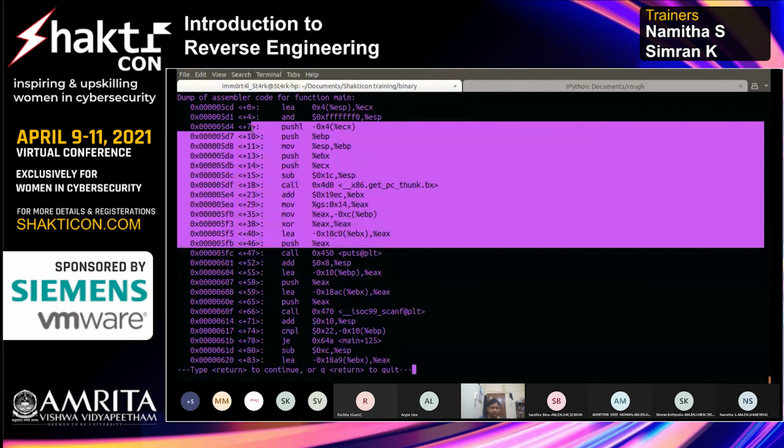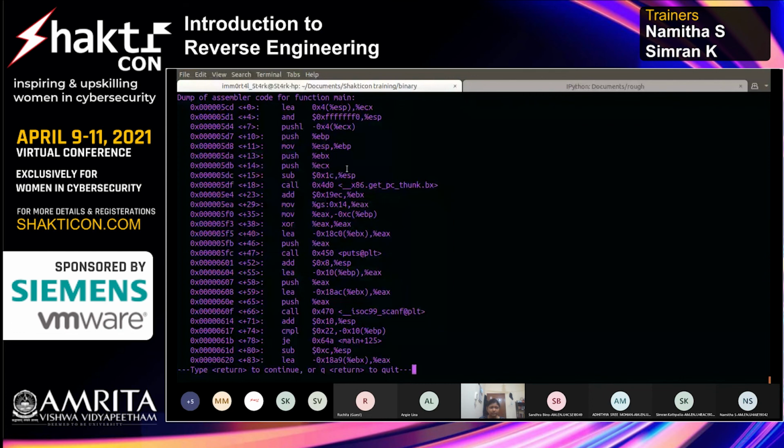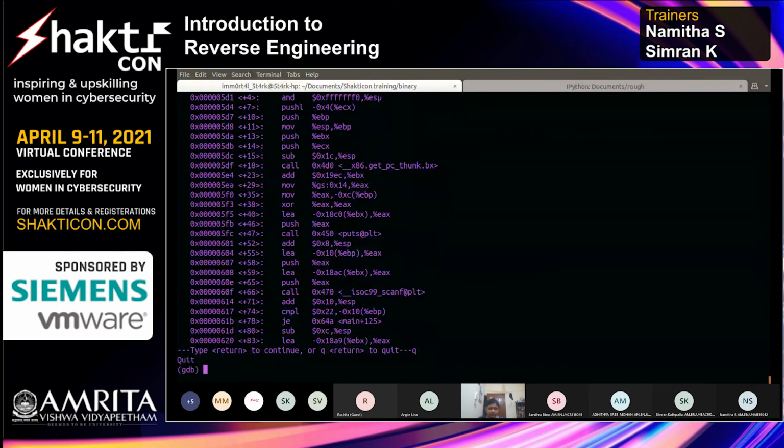But you may not be really familiar with these, because they have a percentage sign that you didn't see before. What you were actually seeing till now is Intel syntax. This is AT&T syntax, which is there by default. So you change it to Intel syntax. How do we do that? To see it in a more readable form, the one you are more familiar with, we just set the disassembly mode, and then we disassemble main again. You see now it's a little more readable than before, right?